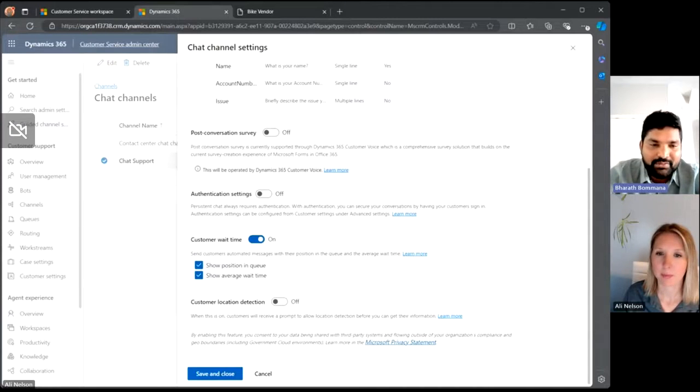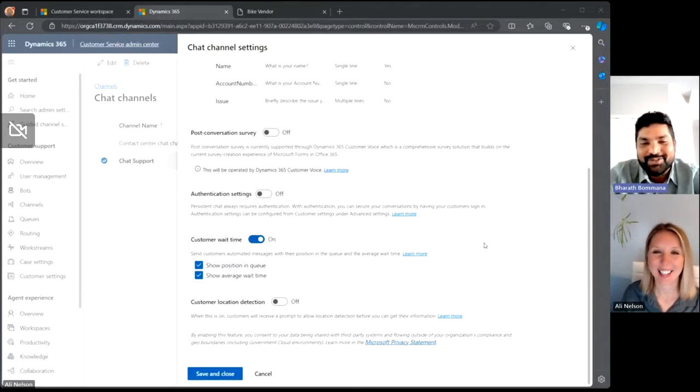Oh, this is an important one. If you are a busy customer service and sometimes you want to show the customer the waiting time because the agents are busy, this is where you can configure that customer waiting time. You can see there, you can show the position in the queue and average wait time, depending on whether you want to show them on